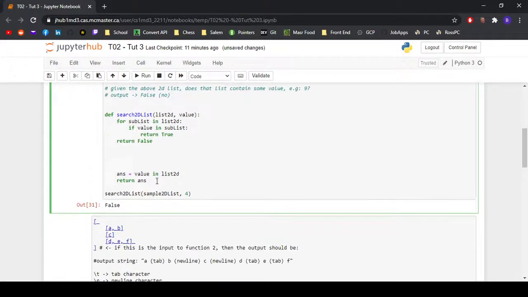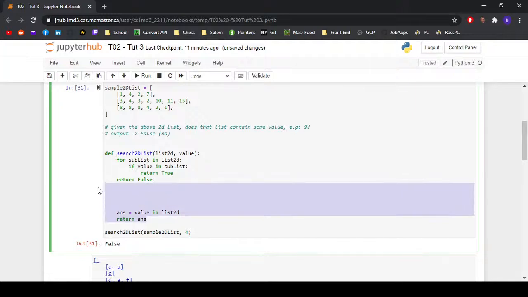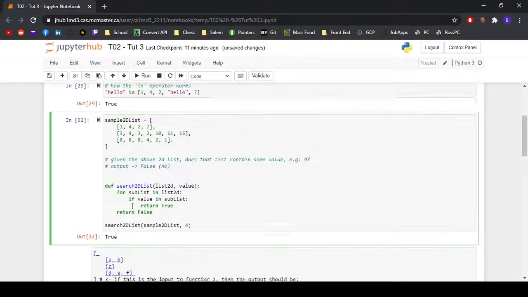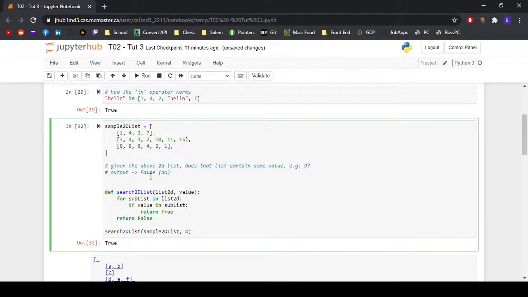So here you can see that if we just get rid of this, right? Now if we run our function again, we actually get true, which is exactly what should happen, right? Because 4 is in this 2D list. It actually pops up more than once. It pops up 3 times. If we put in 15, which only pops up once, it pops up right here, we'd still get true, as you can see,